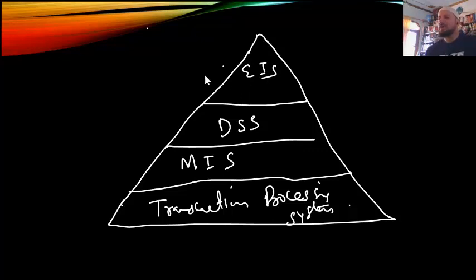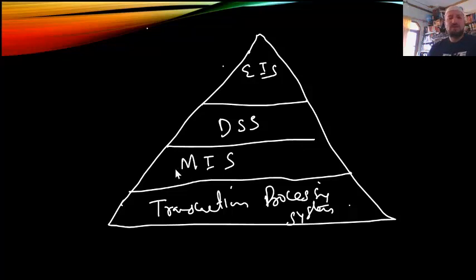Now you could see the strategic level and the tactical level which we're talking about, they come up there. Because if you see the executive information system, it is on a strategic level, it's on a top level. So it's the top level managers who will be employing this system. But if you say TPS, transaction processing system, this will be done by the low level managers, the workers, okay, in a company, the clerks, for example. Or if you have a college, the teachers, who are actually applying this transaction processing system, which is daily work.